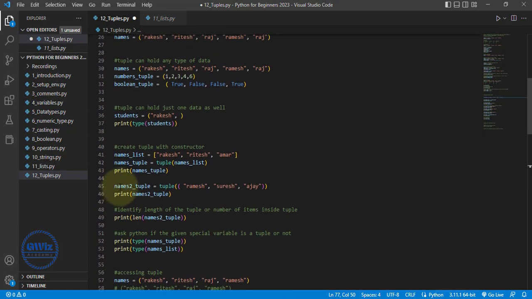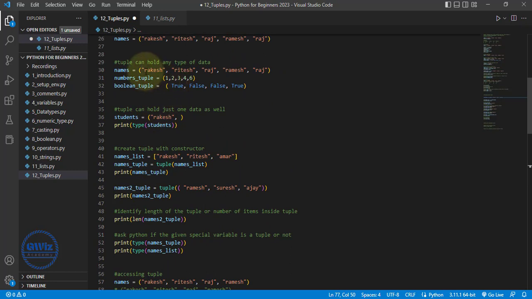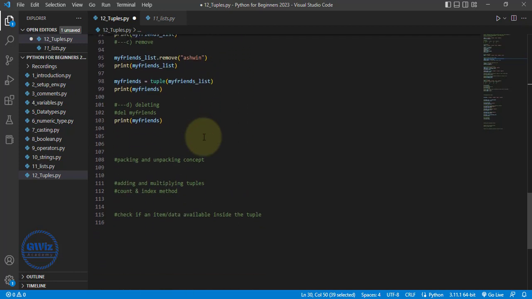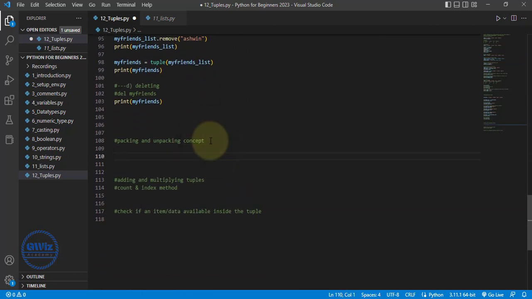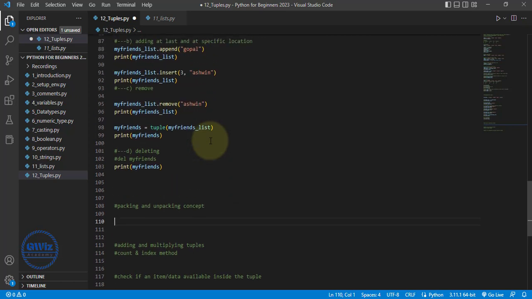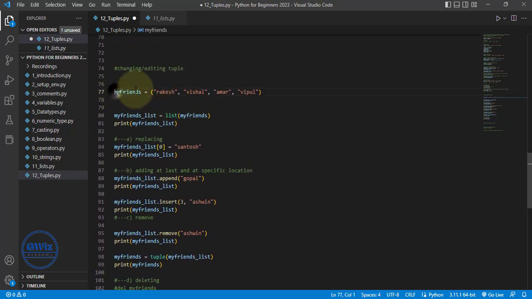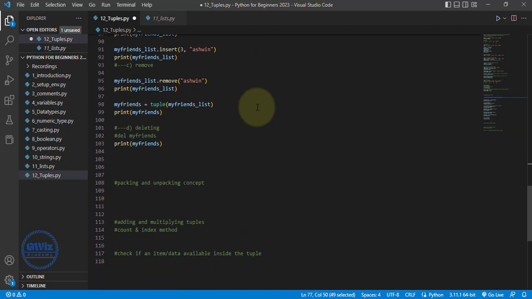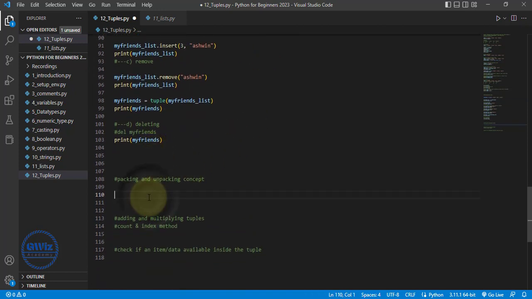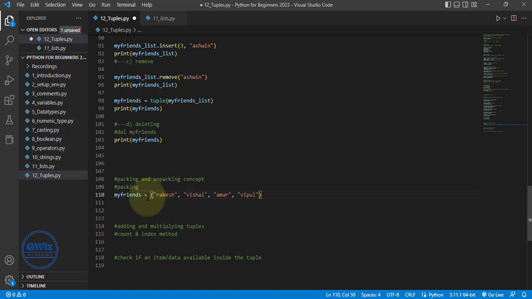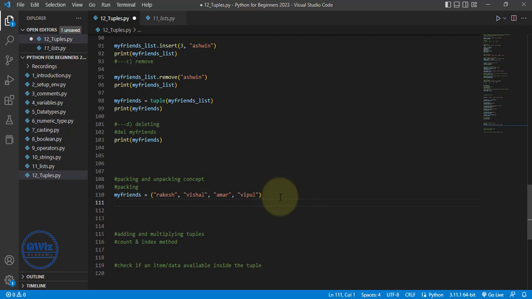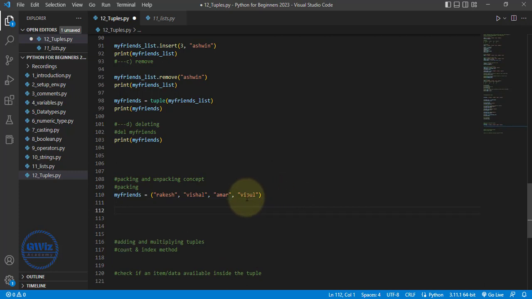Or let's say this is called packing, where we are assigning different values inside a particular data type. That is what is called packing. Okay, so what is unpacking? What exactly does unpacking mean? Let me take these names of my friends again. Packing is nothing but creating a tuple or packing stuff inside tuples or lists. And now unpacking means